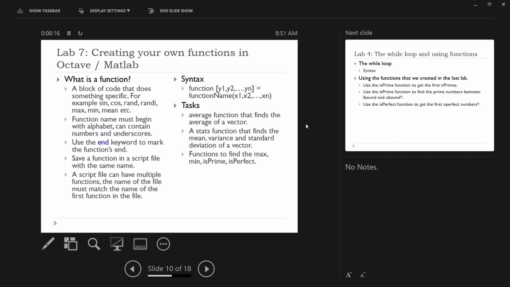Now how do you write a function? We'll see how to write a function. We'll actually write a function, and then we will call that function, and we will use it to do something useful. So this is how you write a function. First of all, you use the keyword function. You say function, and then